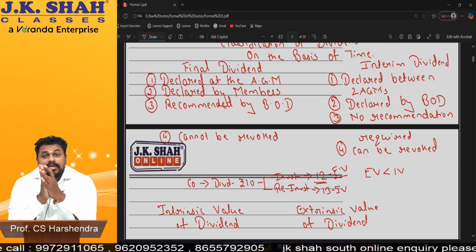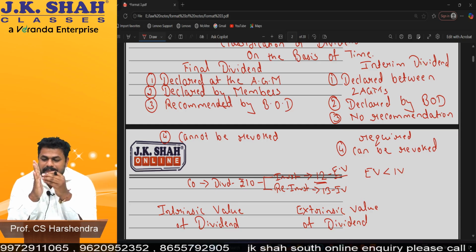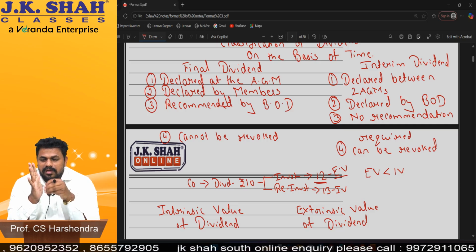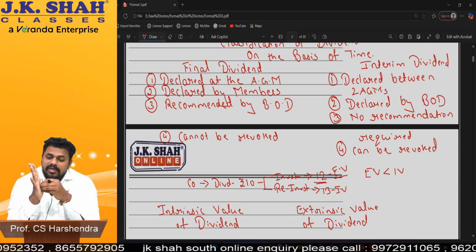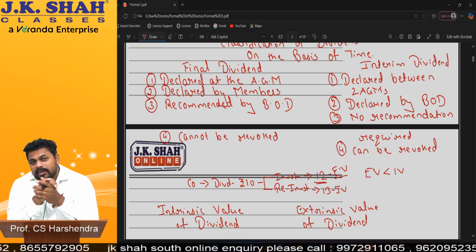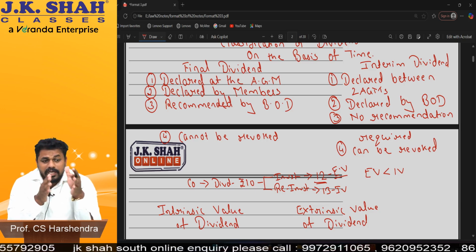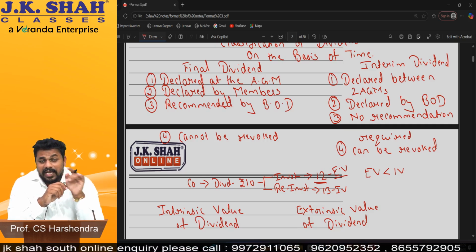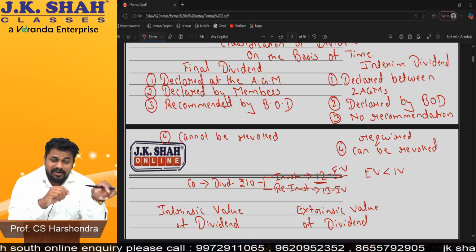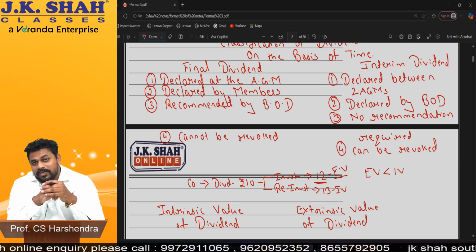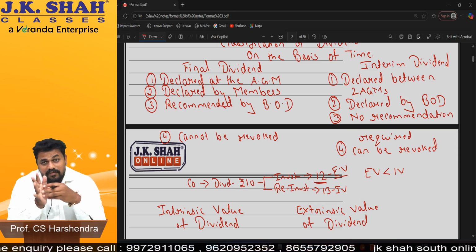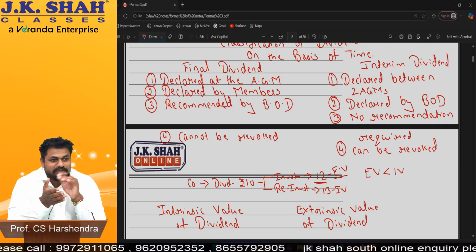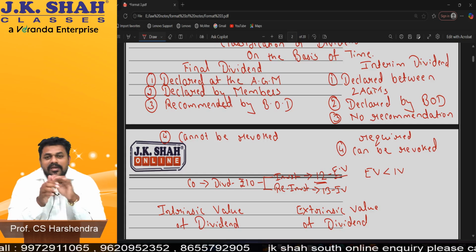What happens now in interim dividend? Just understand. Example, in the month of August, interim dividend was declared by the board of directors. Whenever the next AGM comes, for example September 30th, in the AGM that interim dividend has to be approved by the members. Means the board of directors have to give answers why they declared interim dividend, and the majority of members should vote for that. If it is not voted, then it will be revoked. As good as that. Am I clear with this thing?